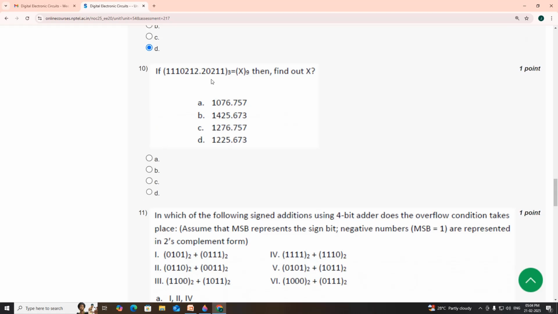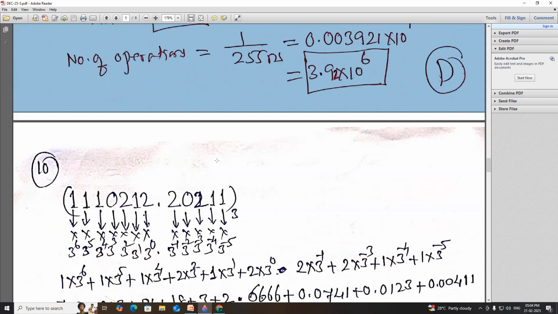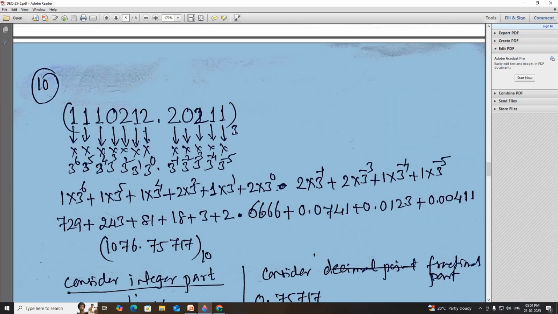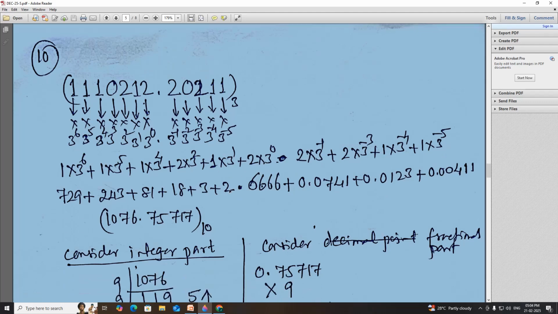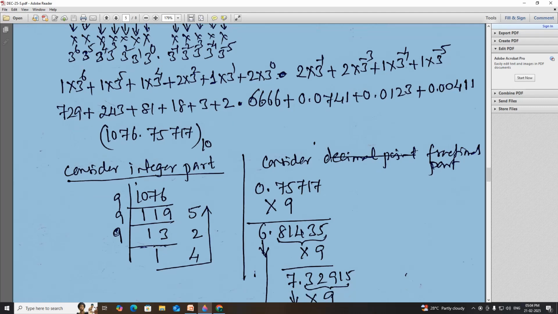Coming to the 10th question, they have given the number in base 3 and we need to find what is x in base 9. So the procedure: I am simply converting the radix 3 number into the decimal number system. Once we convert this into the decimal number system, from the decimal we can obtain radix 9. You know the procedure for that one. So what I will get here is 1425, and